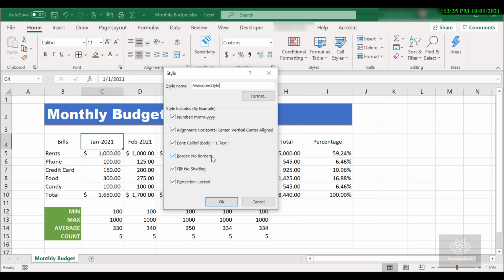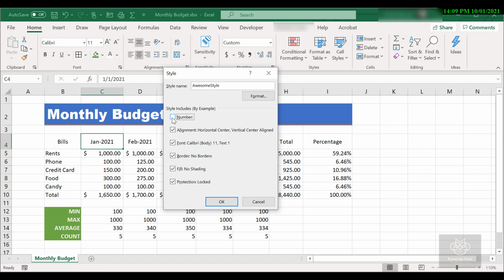But what I do not want to do, because we have a mix of text and dates or numeric data there, is change the number formatting. I don't want Bills to become a date, and I don't want January 2021 to become a text value or a straight up number. So in the check marks for Style Includes, I'm going to turn off Number.